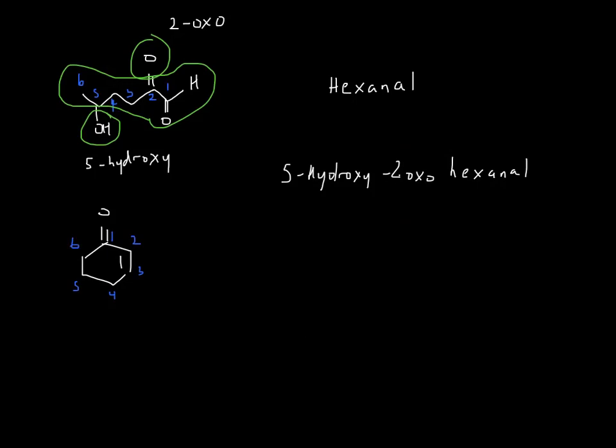So in this case, the main chain, of course, would be the cyclohexane, but it would be a cyclohexanone because it has a ketone as your highest priority functional group. You don't have to number it because the ketone comes at carbon number 1. It's the highest priority thing. So in this case, we would actually have also this alkene at carbon number 2. So we would replace the ane with an ene, and this would become